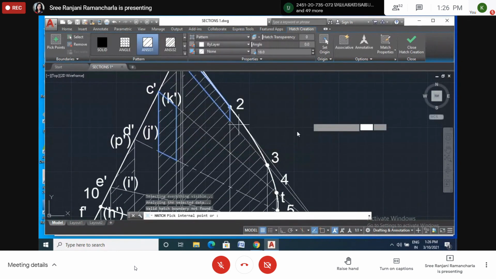Yes, maybe they are outside of the display, so it is not taking. Okay, then leave it like that only, no problem. But you do it later on. So enter.